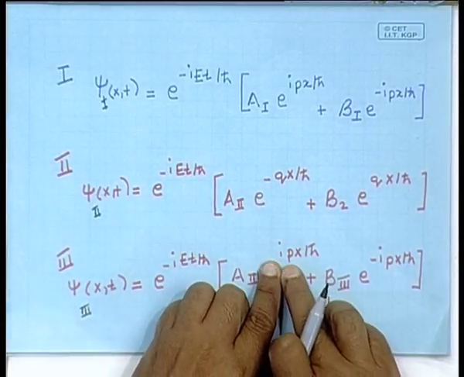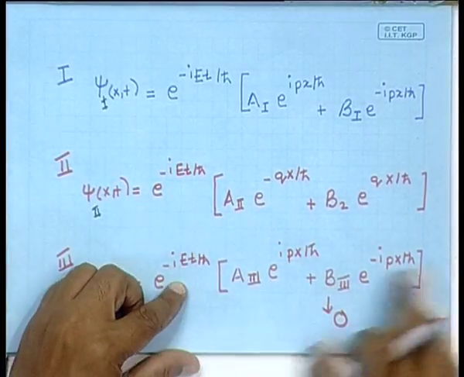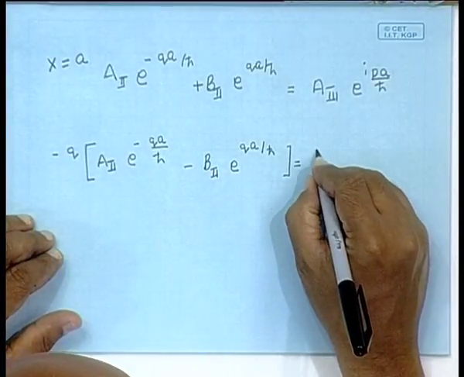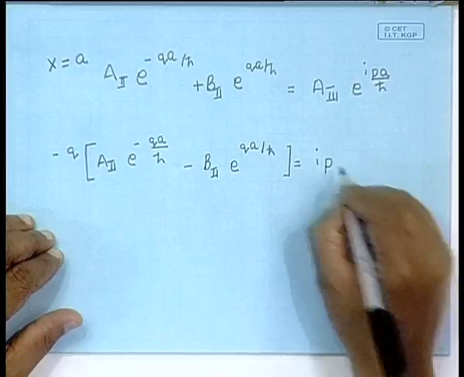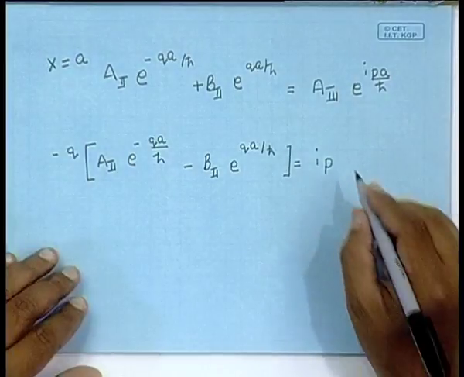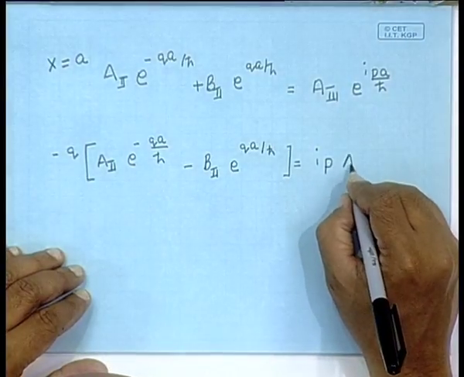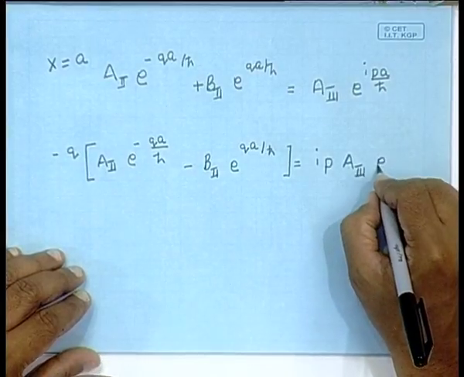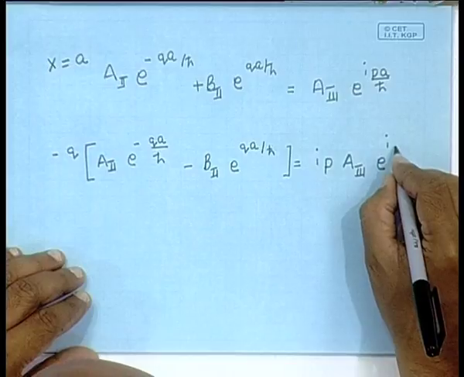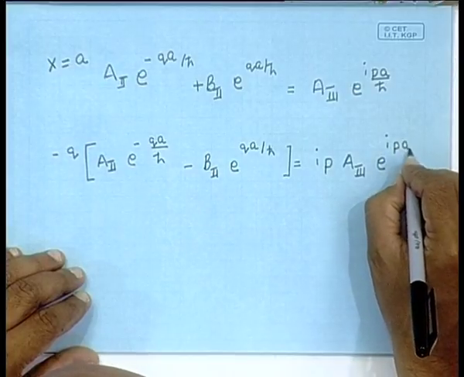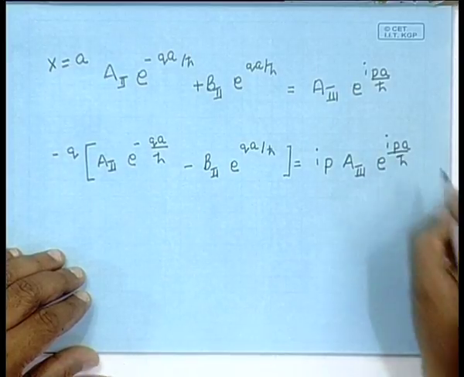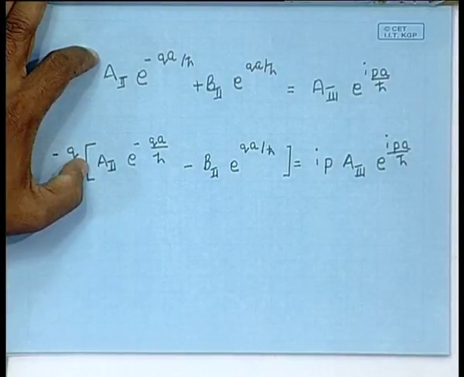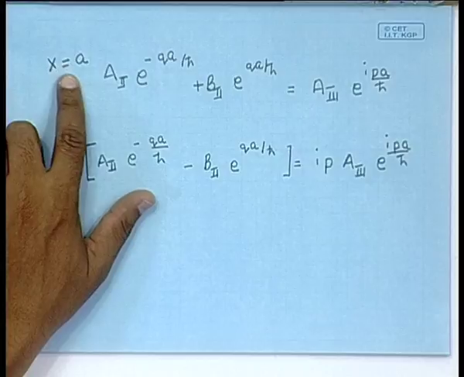I will pick up a factor of i p. So, this should be equal to i p A3 e to the power i p a by h cross. So, we have now got the two boundary conditions at the second boundary x equal to a,